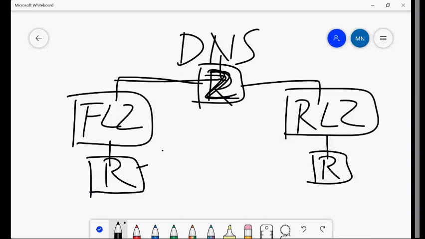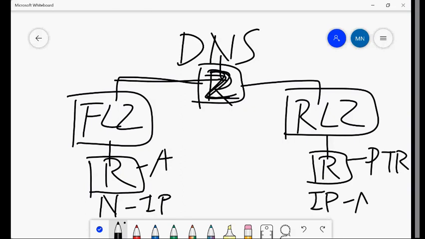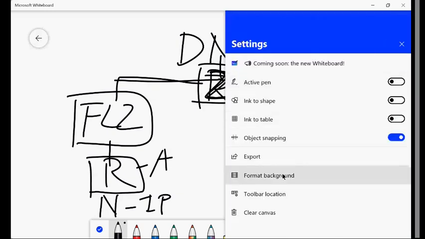It will have what we call an A record, and this is called a PTR record, pointer record. The A record will have name to IP address information, and the PTR record will have IP address to name. So this way DNSs are used. Whenever you stand up a DNS, you will maintain records, and those records will have the details. What is the detail? Name to IP information, IP to name information. So likewise, if you are planning to stand up a DNS, you can very well stand up,